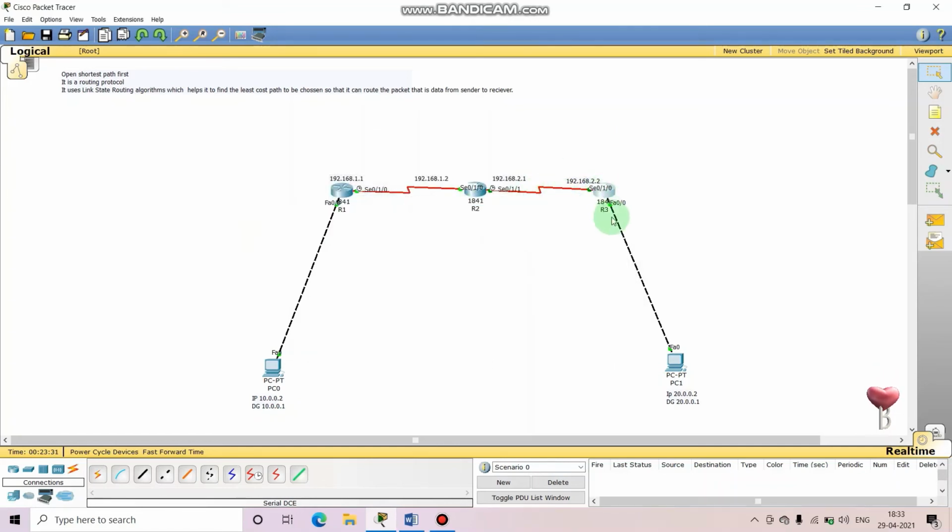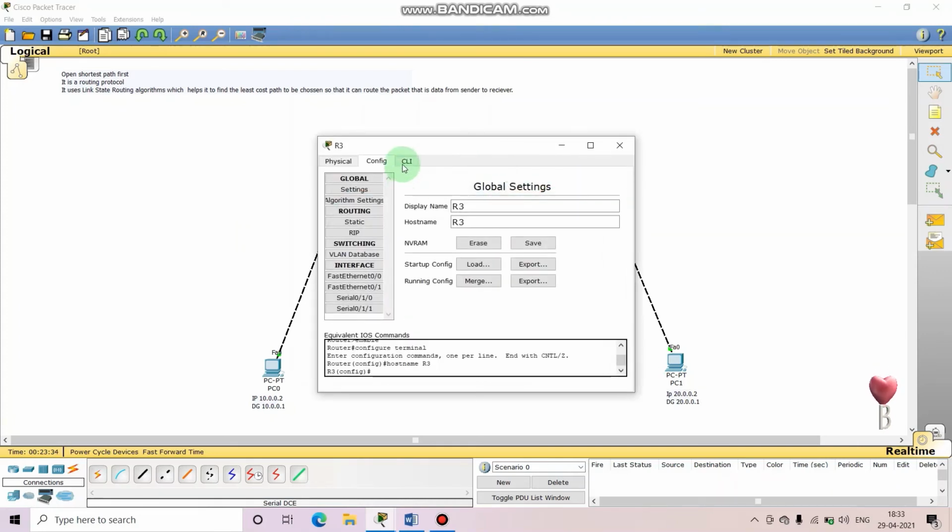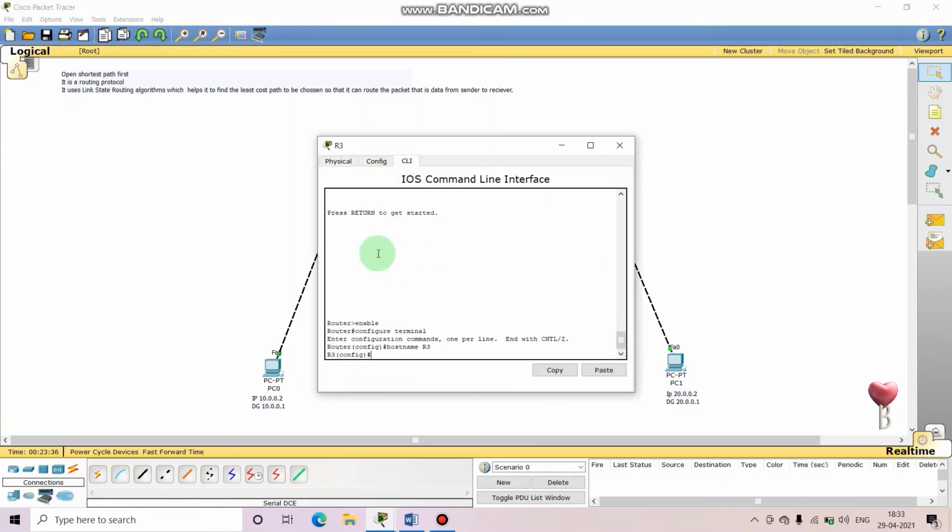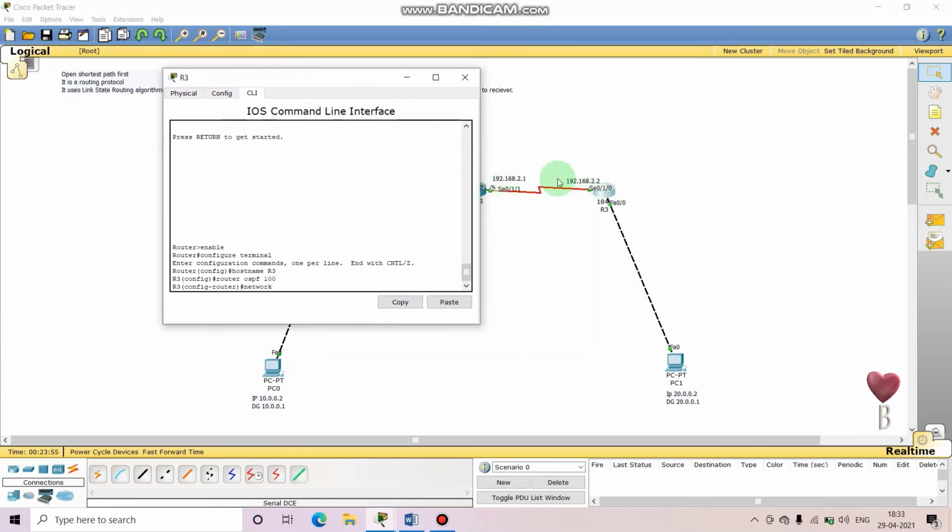Okay, so we'll enable OSPF on R3 now. CLI mode. See, now we are in config tab, so it's okay to perform the OSPF configuration here. Router OSPF 100, network. These two networks we will specify, 192.168.2.0 and 20.0.0.0. So 192.168.2.0, 0.0.0.255, area 0.